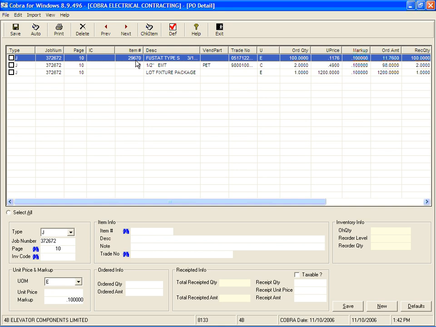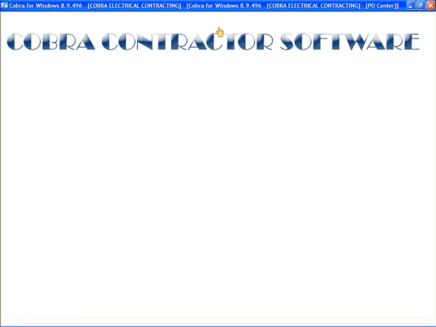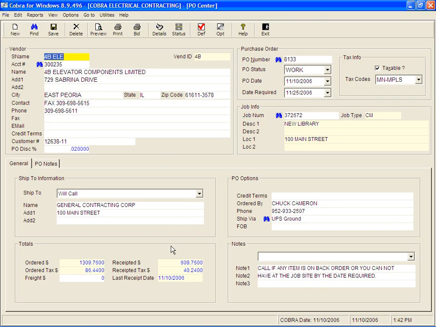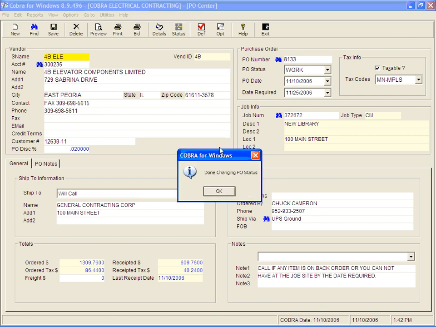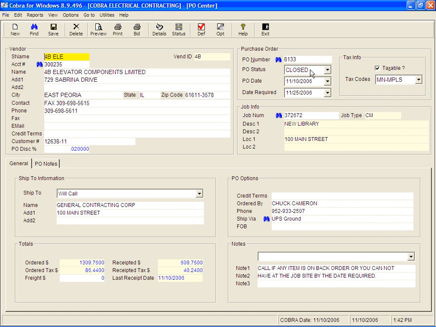Now, let's do this. Let's exit back to the PO Center screen. You can see that the receipted information is up to date for me based on what I did receipt. Okay, so you can see I haven't fully receipted it yet, so I don't want to close the PO out. If I had fully received everything, I could close the PO out by clicking the status button, which will change the status to closed. You can see it did that for me. Now, I don't really want to do that. I want to keep it open,